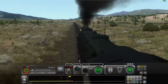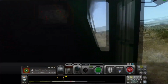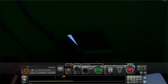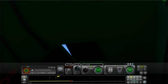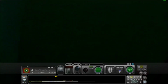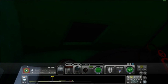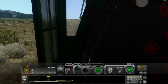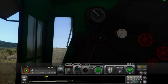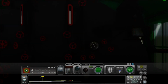choices for locomotives. Oh, there's the hatches. I see the hatches now. I don't think they open, though. They're on either end of the roof there. Aha! Oh, they do open! Let's see if we can keep this moving here. We got that one open. The other one should be right above me somewhere. There it is. Kind of hard to see in this dark cab. Do these doors open? I don't think they do. Wait a minute. Is that a windshield wiper? I don't think that's a windshield wiper, but...